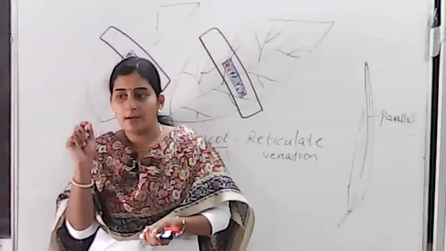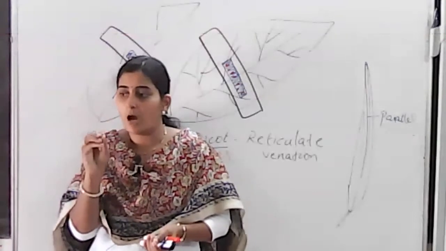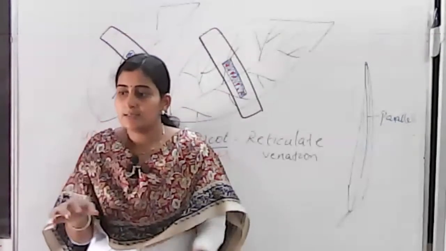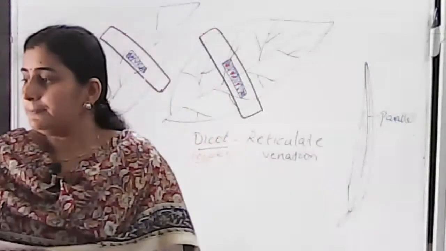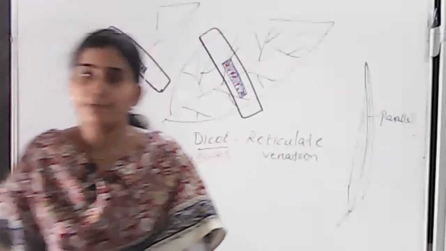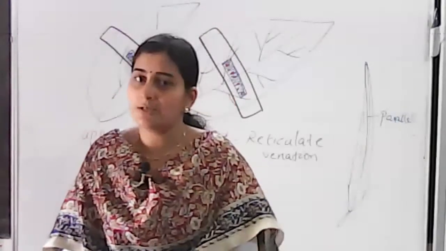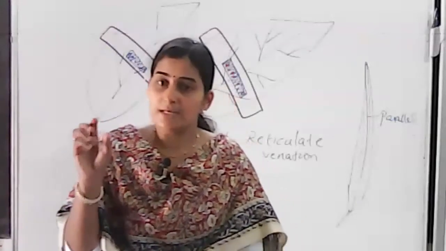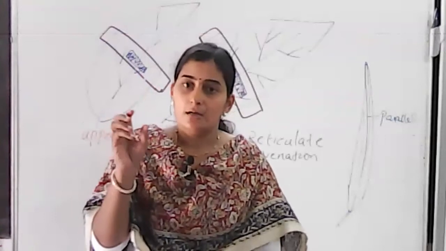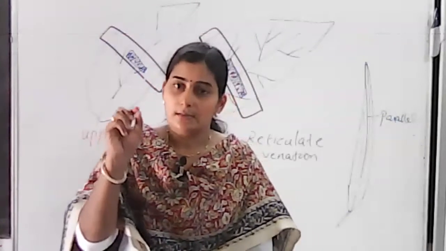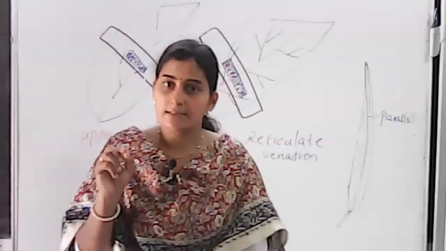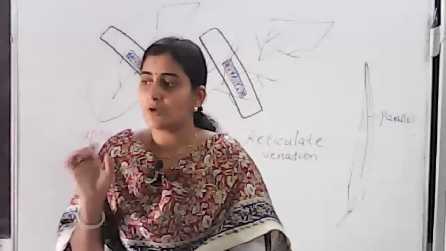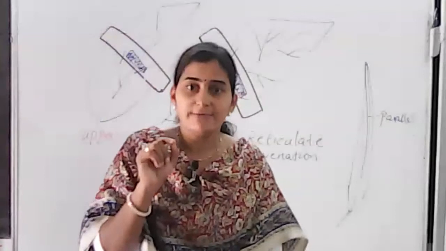Now about the mechanism of opening and closing of stomata, or how the stomata help in regulation of giving out water. Just see the diagram given in page number 58. You see the diagram of stomata there. In that diagram, you can see each stomatal apparatus. It is composed of two guard cells, and in that guard cell, the outer part is thin, inner part is thick, and surrounding nearby cells you can see epidermal cells. That's about the structure of a typical stomata, which is seen on the lower surface of the leaf.